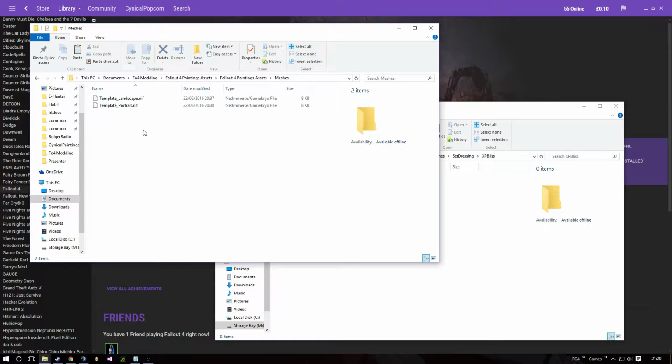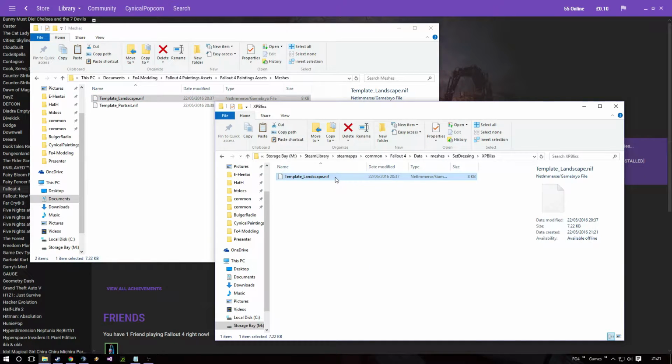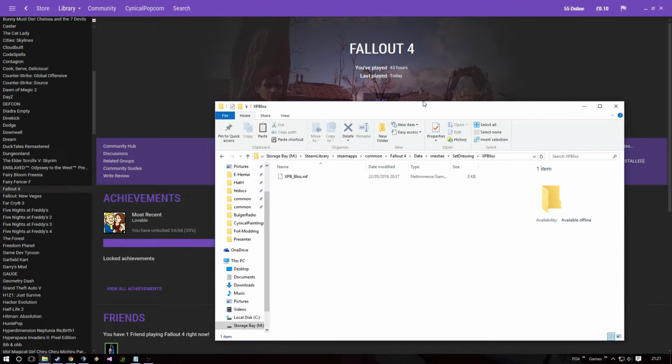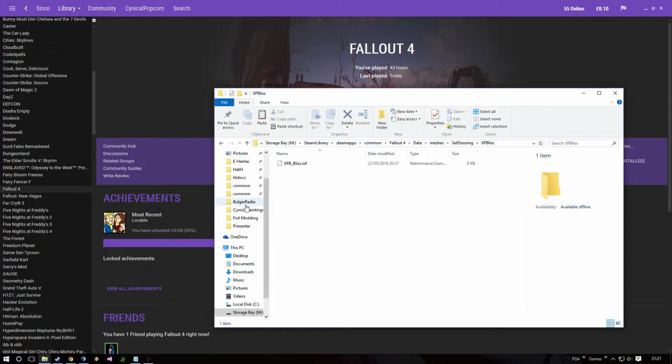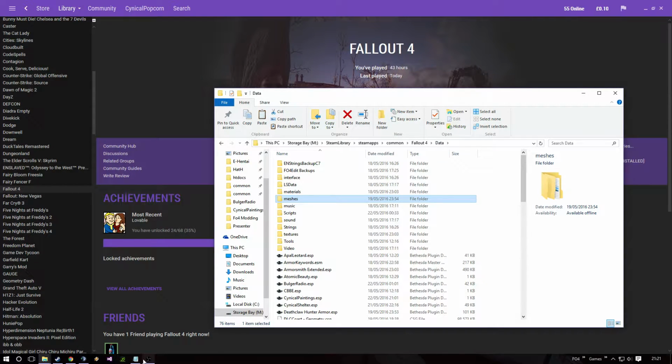Copy over as many meshes as you're adding images. You can do this even now if you have a set amount of images in mind, or for each image you add, you're going to need a template. You're going to need a .nif. So I'm going to be using a landscape image today. So I'm going to be using this, and I'm going to name this now to be the name of the painting that I'm going to be doing. Obviously, if you're adding paintings one by one, add these one by one. Or if you have just one painting or 2 paintings you want in mind, you can add them early. Whatever works with your working setting or with your workflow. So once you've done this, your data folder is set up, ready. So you can start